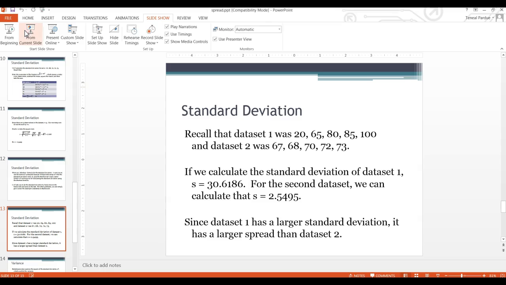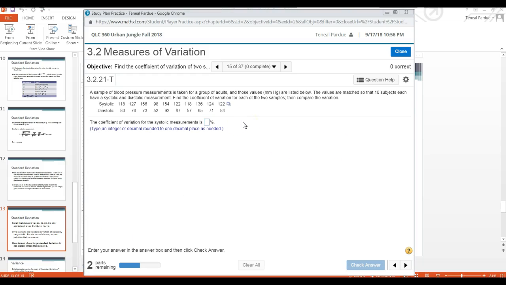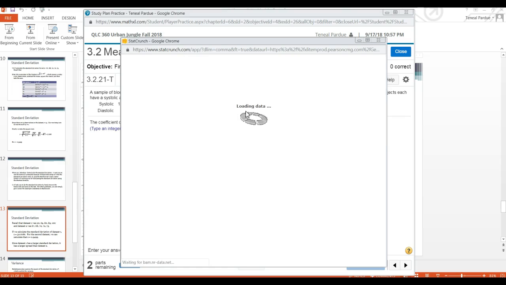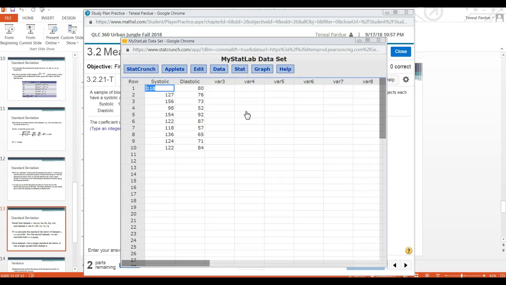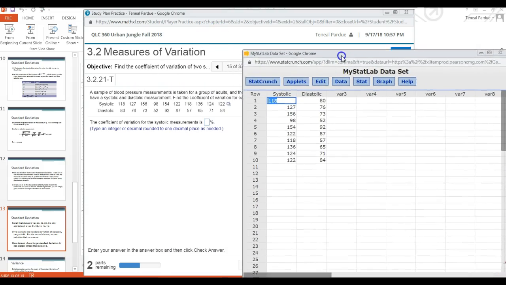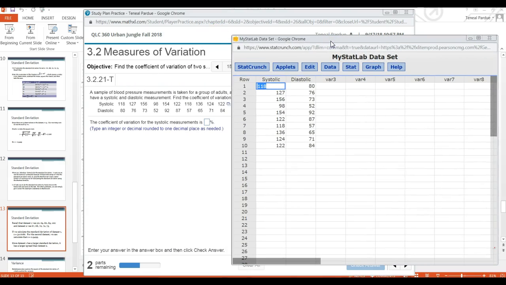All right. And before we leave, there is one more thing I wanted to show you real quick, which is just something convenient that comes up in your MyStatLab homework. If you're ever doing a problem and you see a bunch of data, if there's this little double box right next to it, you can click there and just open it in StatCrunch. And you won't have to type in that data. Okay, so that should save you some time as you're doing some of your MyStatLab homework. All right, well,